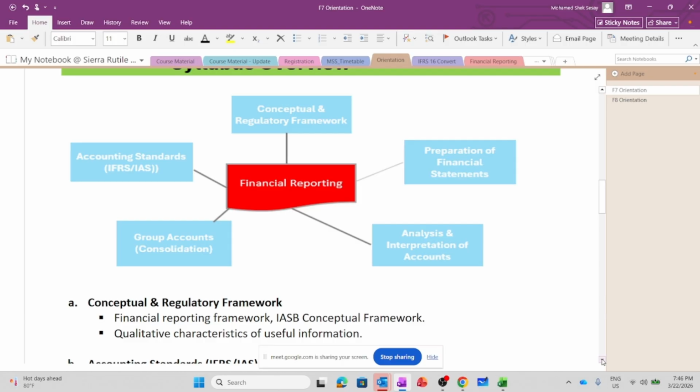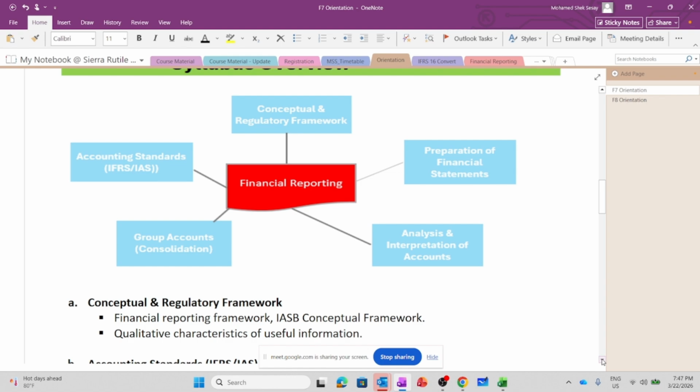document. So also, we are going to look at how we can prepare the financial statement for a single entity, for an individual. Then also, we are going to look at the group account, the consolidation, how we can consolidate between the parent and the subsidiary. For example, the concept of consolidation is talking about ownership, greater than 50% voting right in X, Y, and Z company. So automatically, according to substance over form, you need to bring the financial statements of the parent and the financial statement of the subsidiary together to prepare a single financial statement.